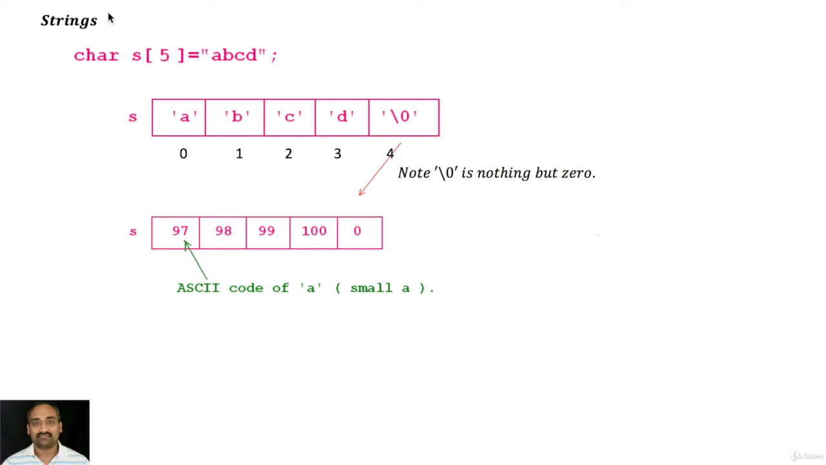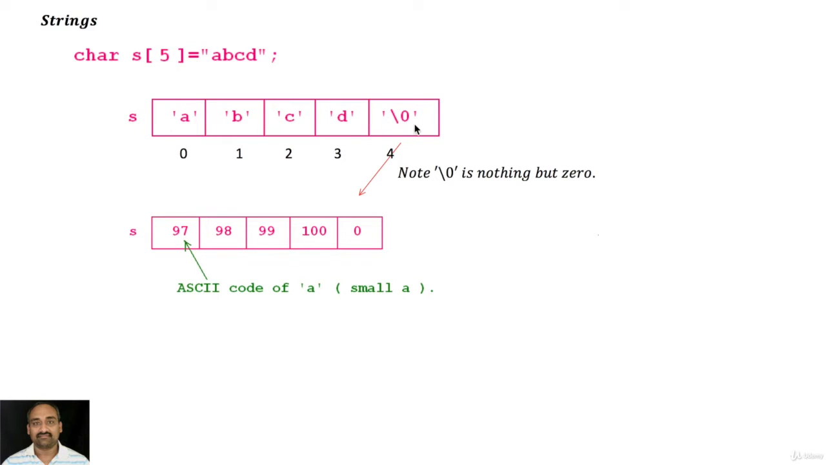Now let us understand what strings are. Strings are nothing but character arrays in C language. A string is normally enclosed within double quotes, whereas a character is enclosed in single quotes. When a string is enclosed in double quotes, it is saved in memory in a character array